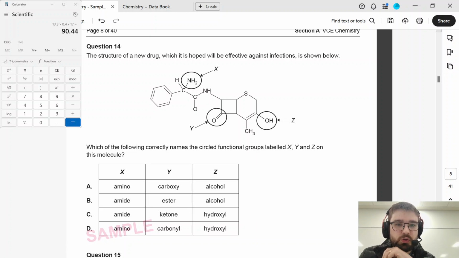Here we've got a new drug. We don't even get the name of it. I always think it's cool when there's squares in them. Which of the following correctly names the circled functional groups? So X is an amine or an amino group. So that knocks out